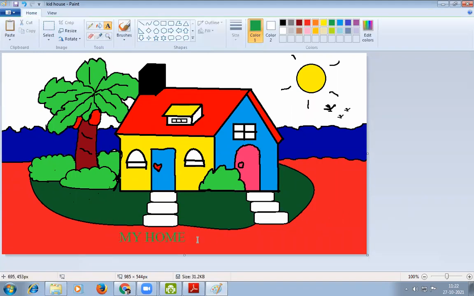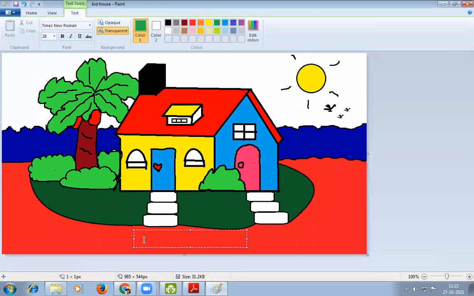You can clearly see that the text appeared here is in the form of Times New Roman and in green color. My home. We can bold the letters here. We can italicize the letters here. Keep your eye on the letters. By clicking on the bold option, the text appears bold or thicker.